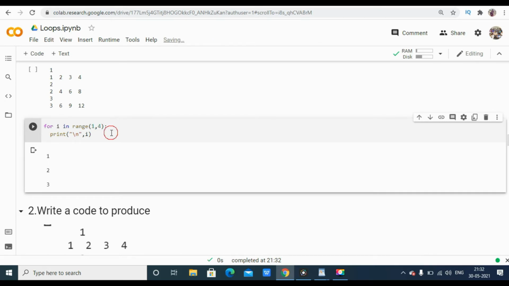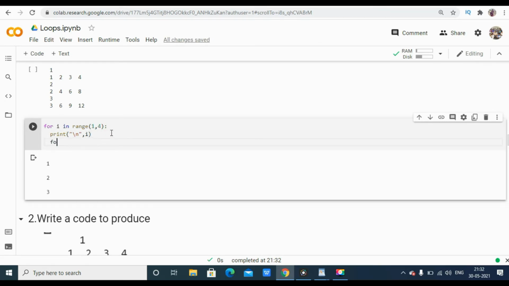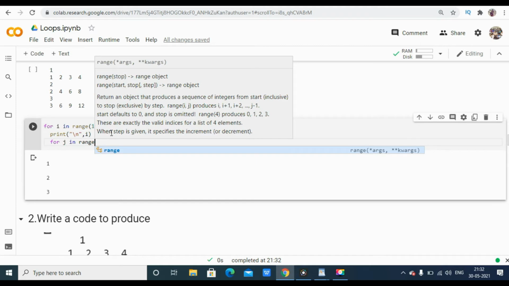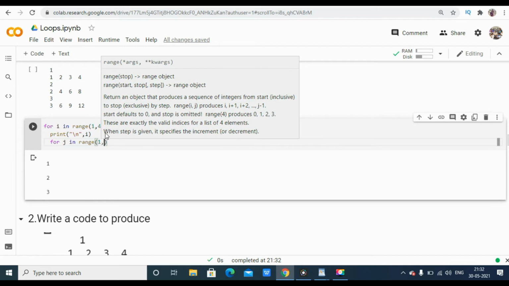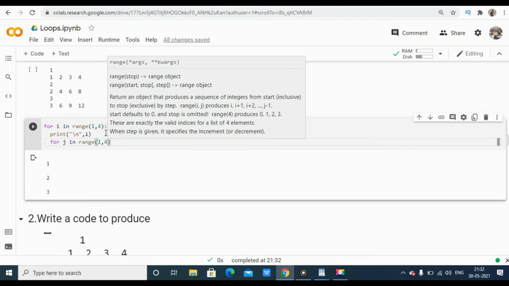To make that, again I'm writing another for loop, for j in range, with another variable name; don't use the same variable name. How many values are we getting? 1 2 3 4, 2 4 6 8, 3 6 9 12. So 4 things are coming. Then what will I write, for j in range 1 comma 4? No, 5 actually, because we need 4 values, 1 2 3 4, starting with 1.